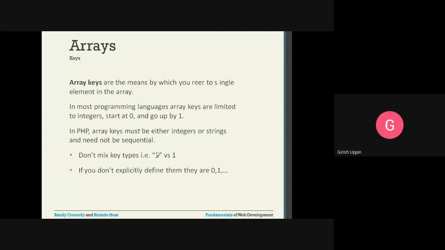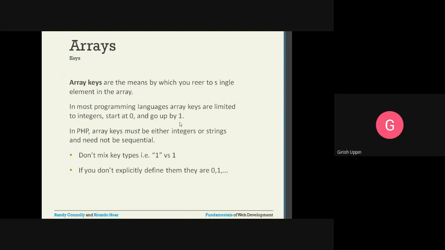In most programming languages, arrays are limited to integers, to start at 0 and go up by 1. So if you see in many languages, the keys or the indices are always limited to integers. We use integers, and mostly it will increment by 1. So if the starting one is 0, the next one would be 1, 2, 3 and so on.